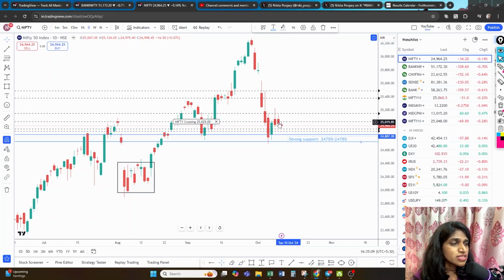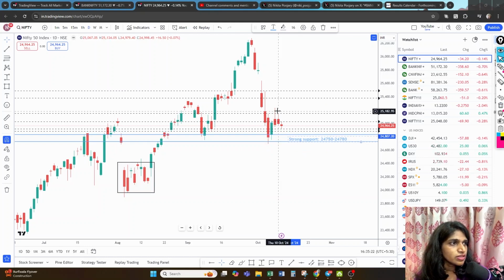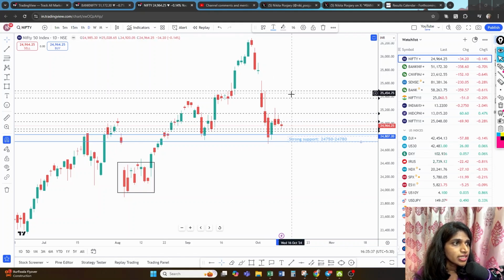So I'm seeing price consolidating in a smaller range, but don't get fooled, because the market is still moving within this range of 25,200 on the upside and 24,700 on the downside. Till the time the market doesn't break above 25,250 or below 24,700, we are not going to take any directional bet. So the idea is to play non-directional until this high of 25,225 or 24,700 is taken out